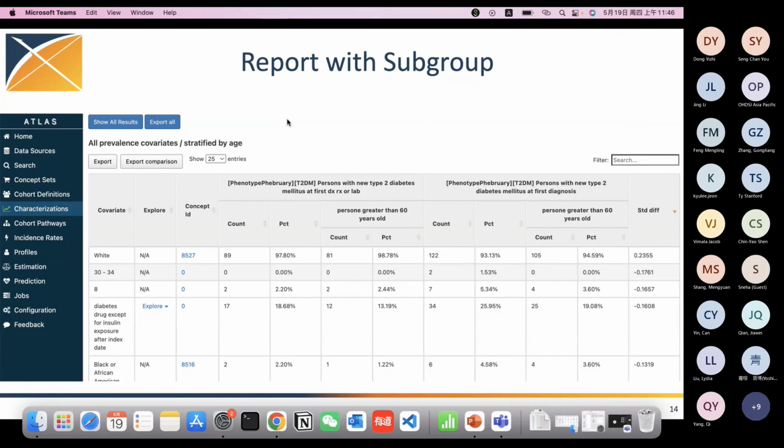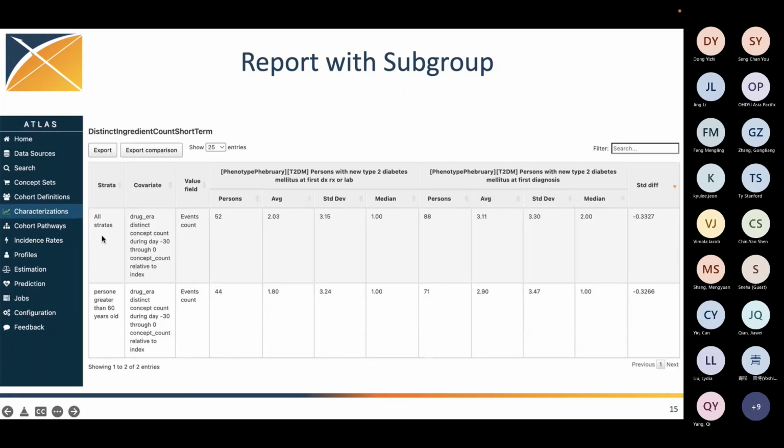The layout is pretty different from the previous analysis. This time you can see additional columns that show you the counts and percentages within the subgroup that you defined. And for the continuous features, you can see additional rows that contain the distribution information.